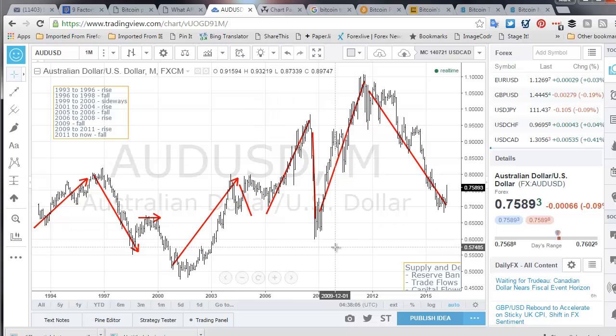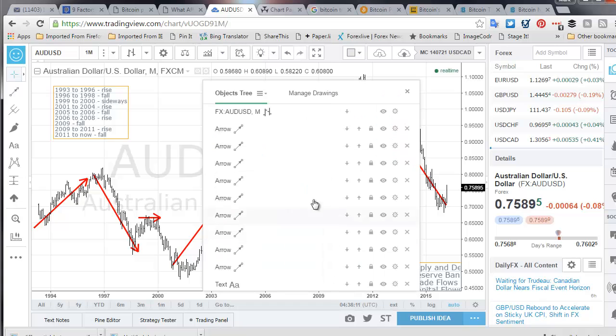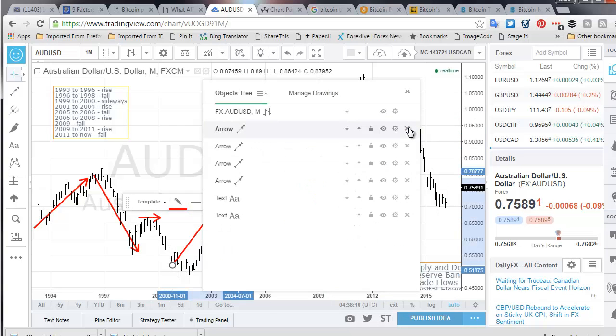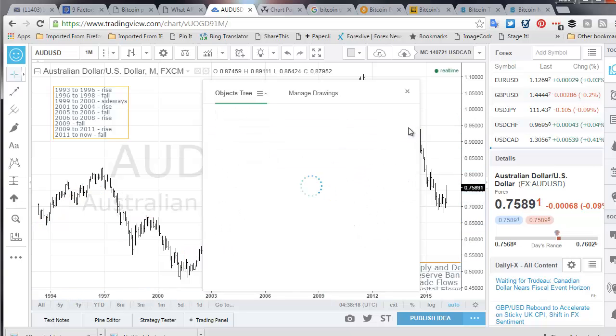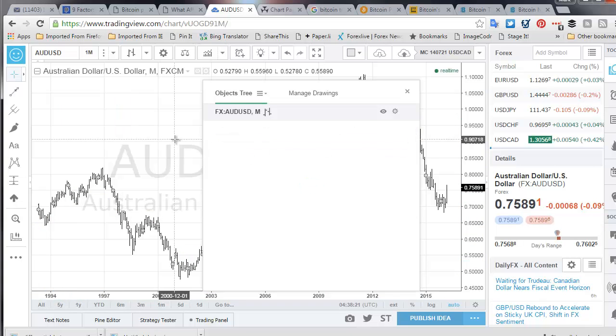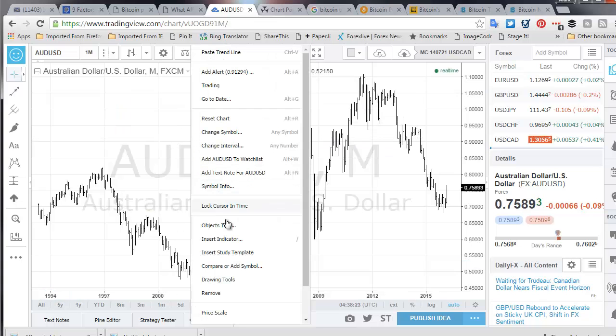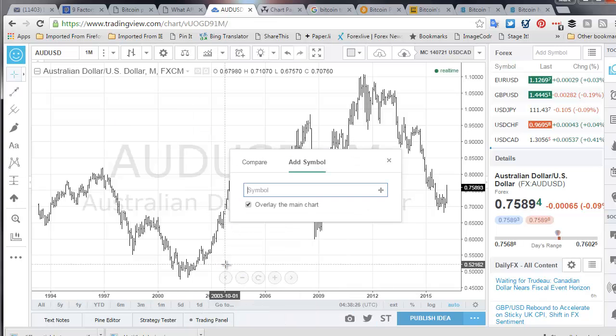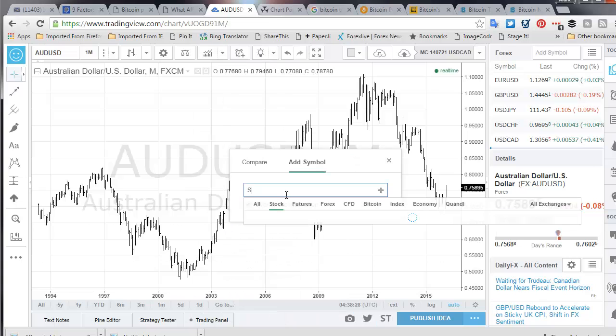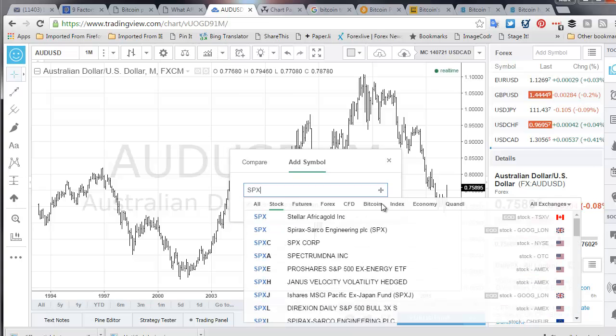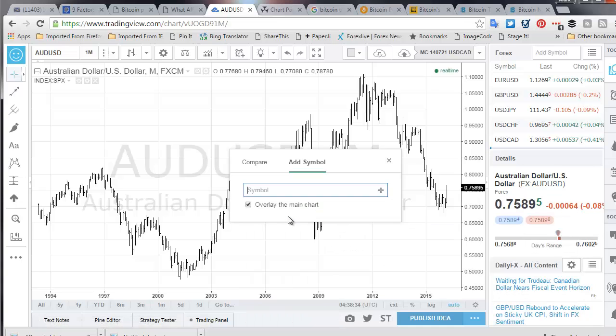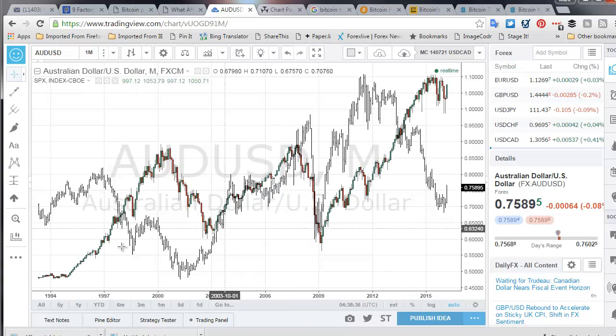So that tells us an interesting story. And I'm going to get rid of all of these arrows for now, because I think the case is made that there's a very high correlation also with interest rates. The last thing I'm going to look at as a part of capital flows is I'm just going to compare this market to other stock markets. So for that one, I will use as a proxy an index, the S&P 500, so the US market. Let's just see what the chart's telling us.